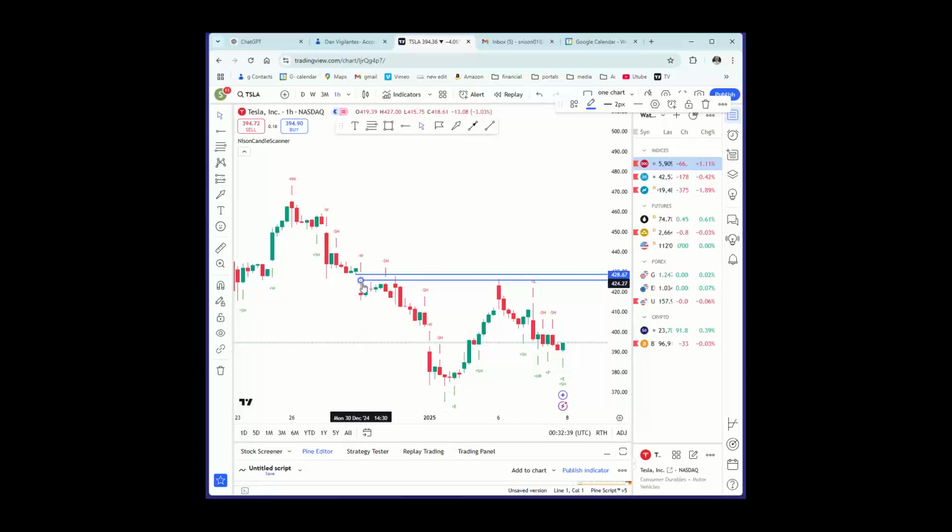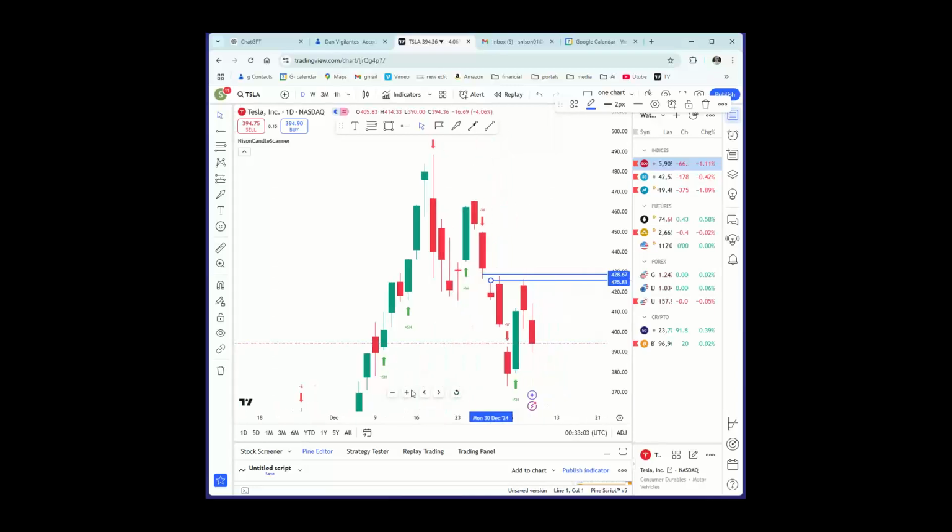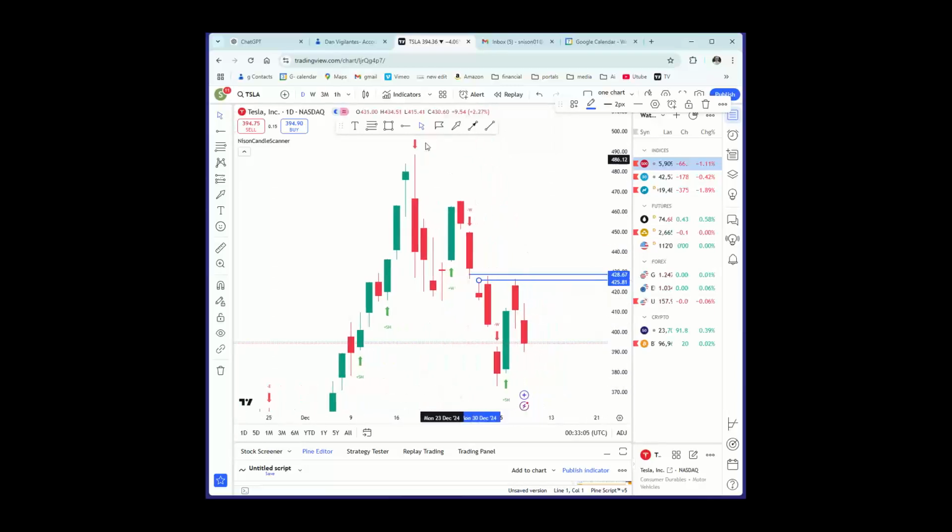I call this hidden support or resistance. Even if you don't trade intraday, it's good to know about because it would affect the support or resistance areas on the daily chart. So I had this as a resistance area when I talked about this a few days ago, because of this on the intraday chart, and look what happened. So let me go back to the daily. That's why I got that as a resistance area when I did the analysis, because I looked at the intraday.